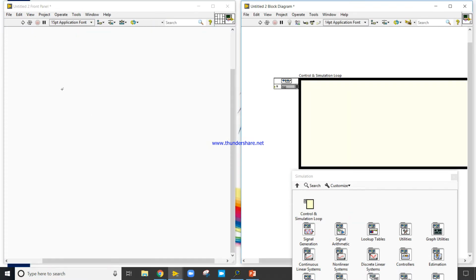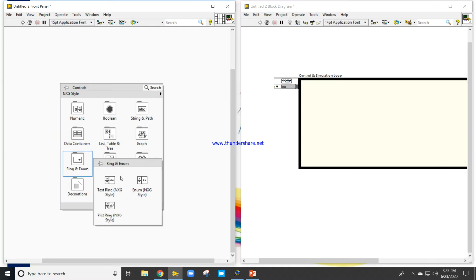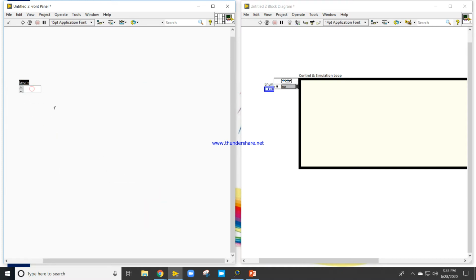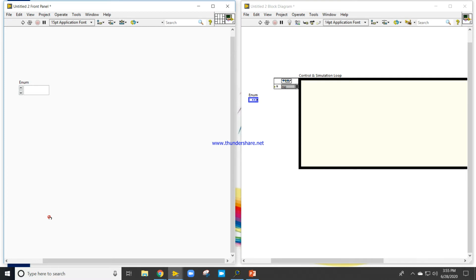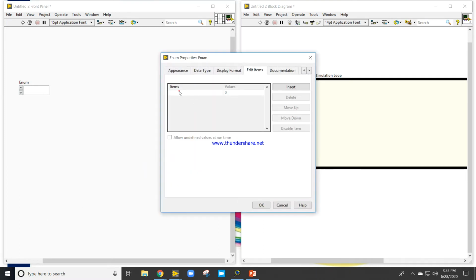Now right click, come to the front panel, right click, come here, take one enum control. Right click, edit item. First will be y equal to x square.